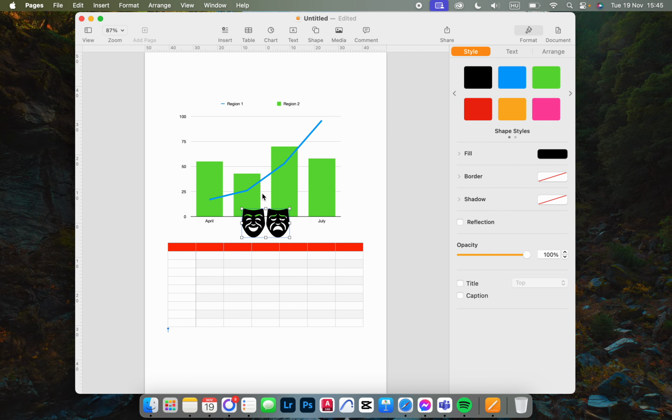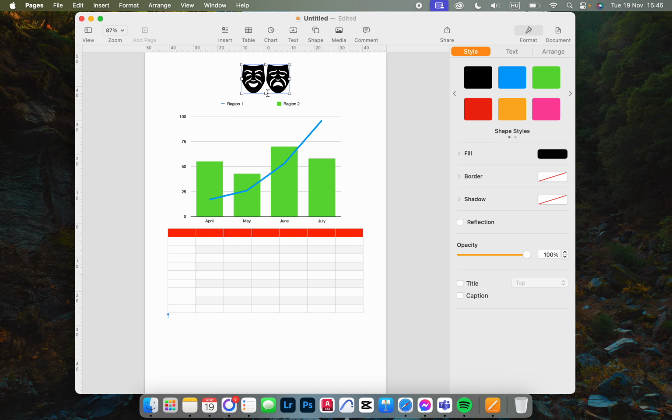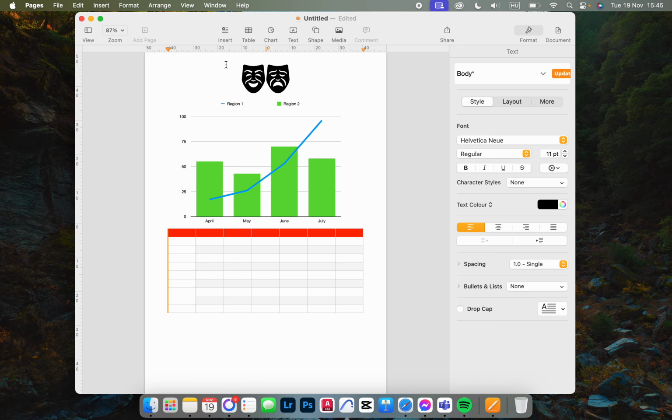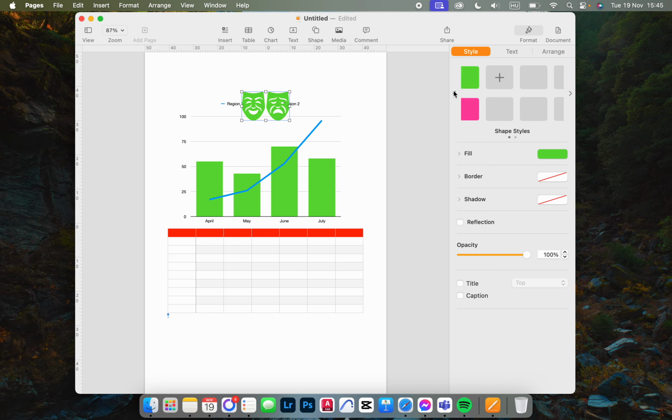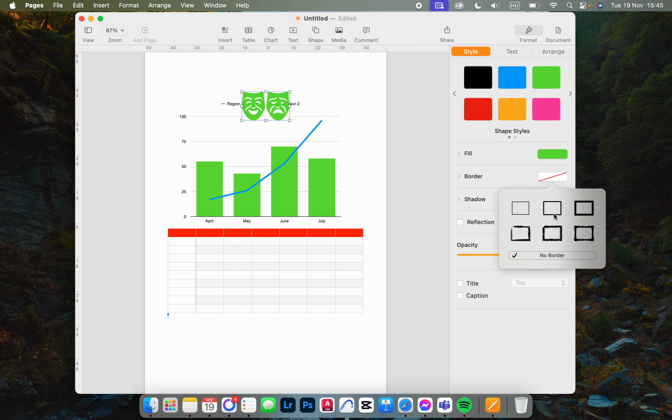Let's say we want to add this. And here we can just add it very simply, like this. We can set the color, set the border style,